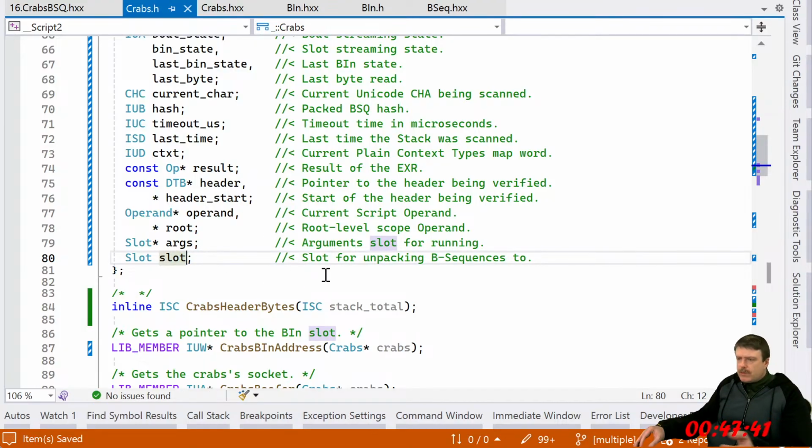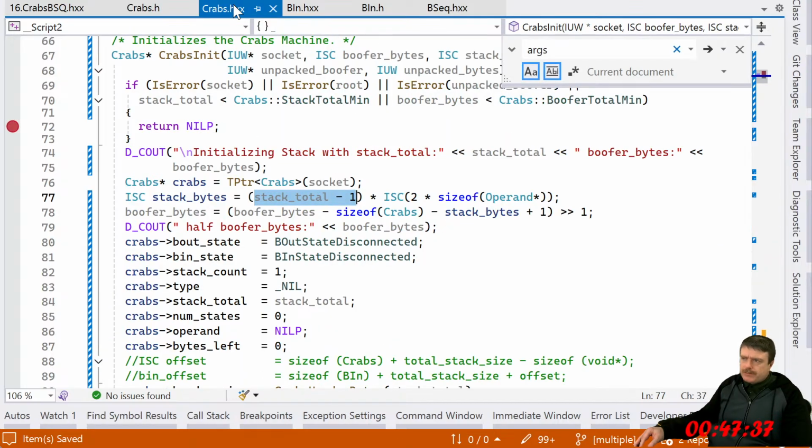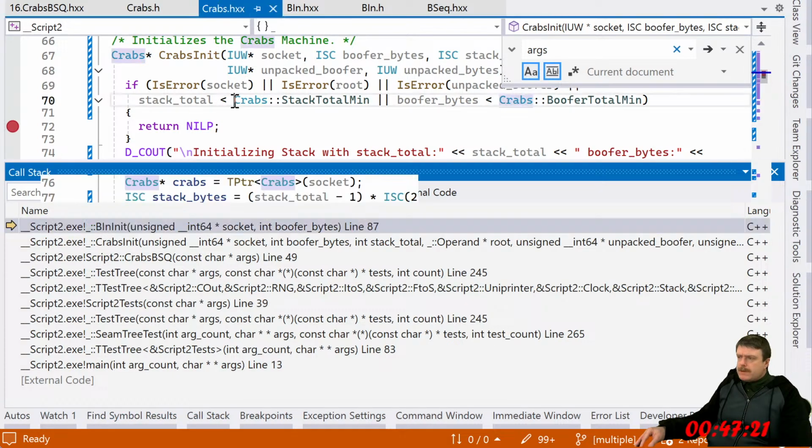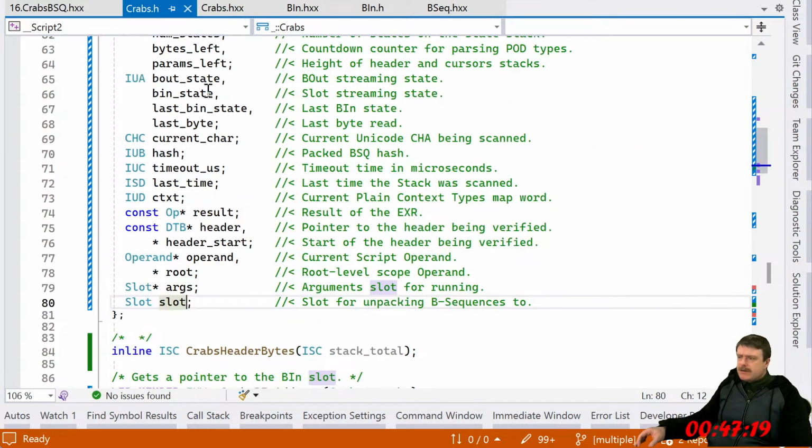That's not like the worst way about going about doing something when you have a dynamic header size. Okay, so 2 times the size of the operand. Or sorry, of a word.